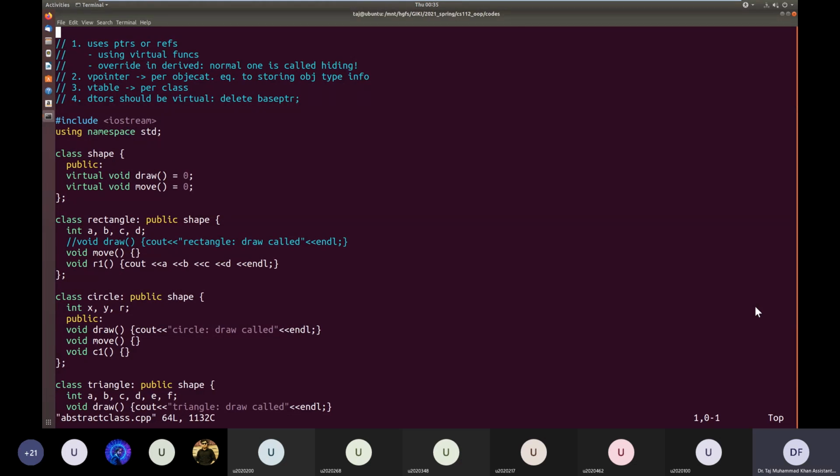Okay, good. If that is clear, then I think this basically almost concludes our topic of inheritance and polymorphism.